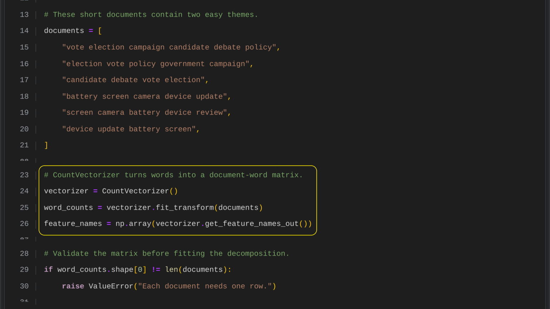The count vectorizer turns text documents into a numerical matrix, where each row is a document and each column is a vocabulary word. The fit transform method learns the vocabulary and records how often each word appears in each document. The vocabulary words are then saved as a NumPy array for easy access, creating a structured representation of the text